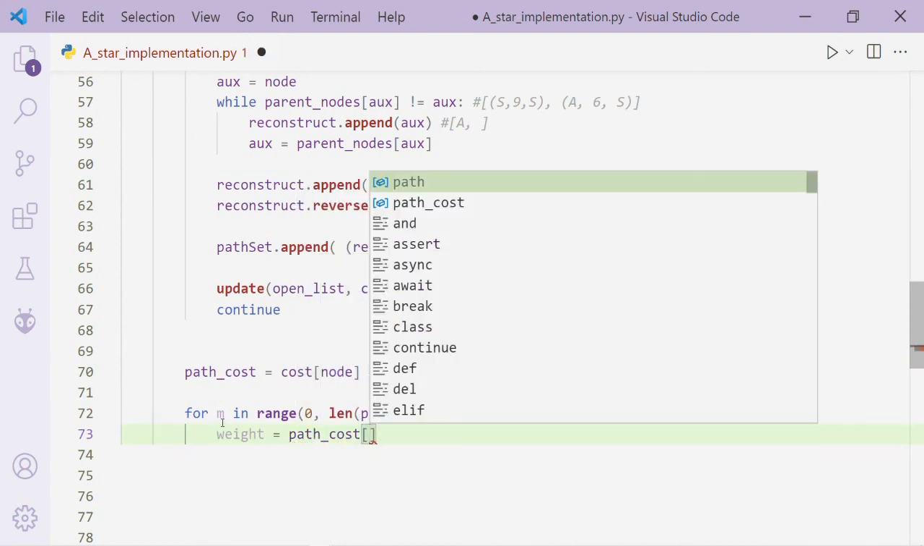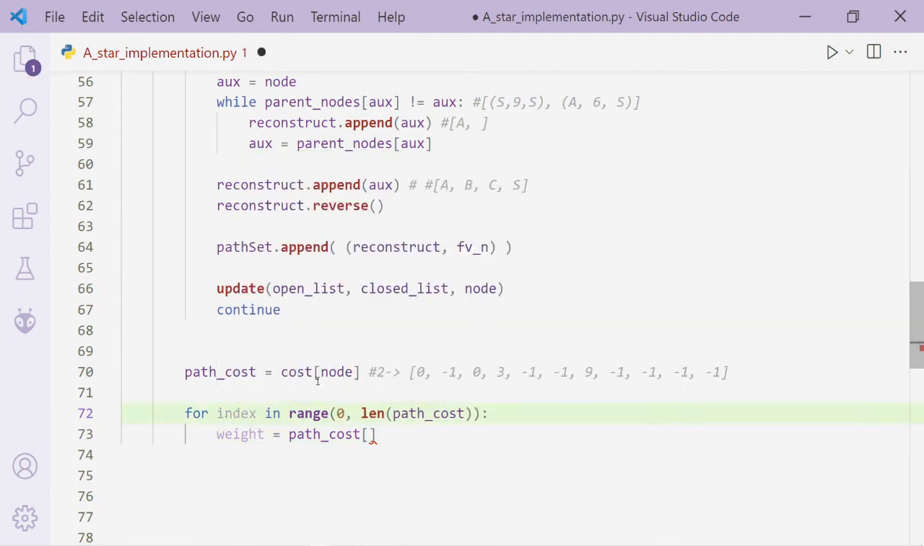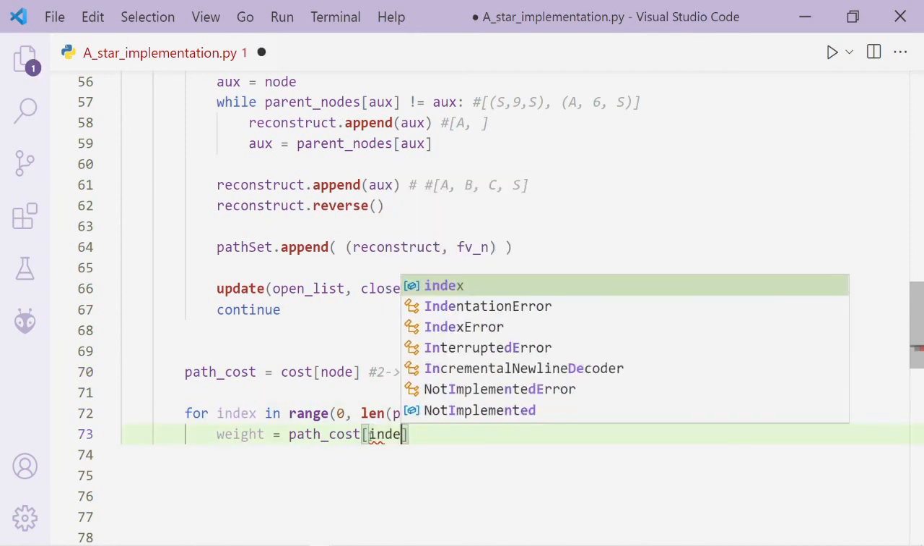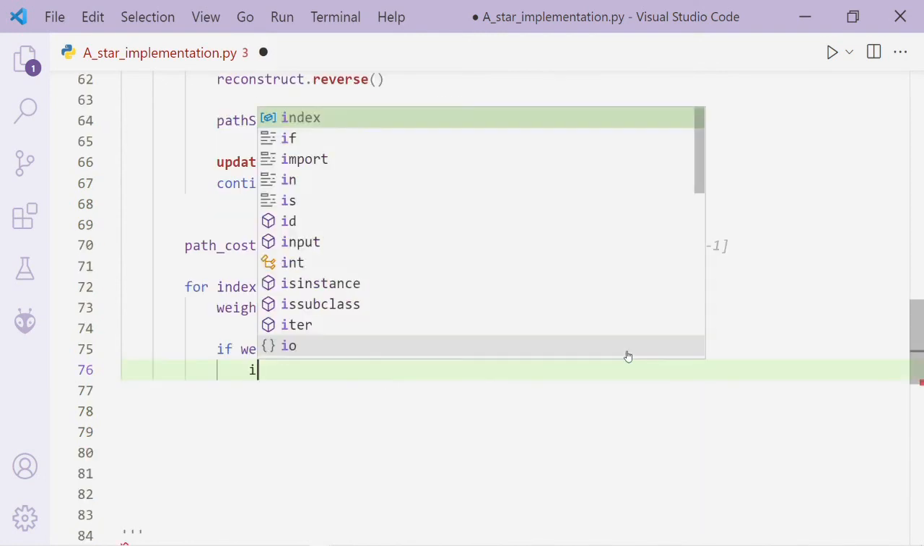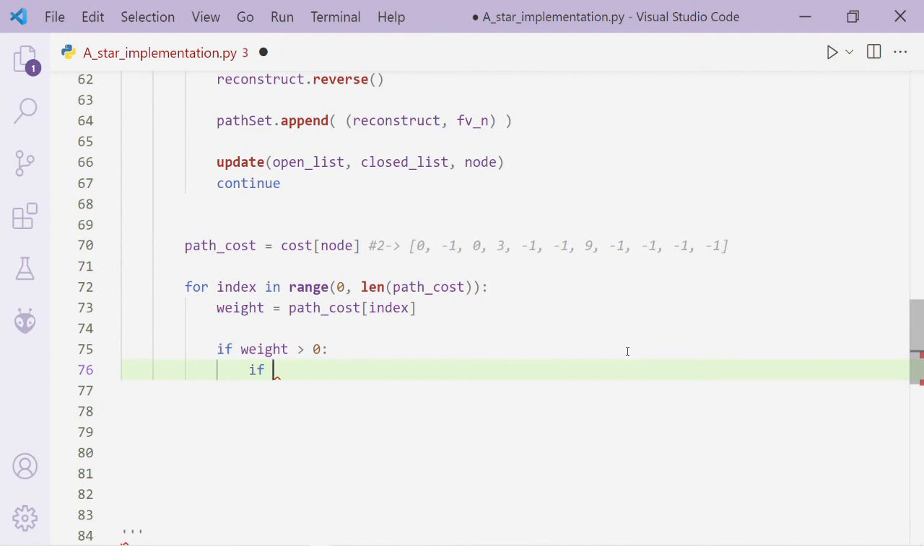This m is basically the index, so I'll just write index, which gives the nodes over here, the source node, or you can also call it the adjacency node, whatever. So for the path cost of this index, we'll check if the weight is greater than 0. We will check for one more condition: if this particular index is not in the open list,